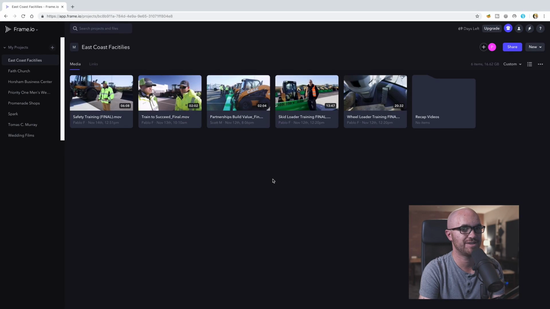So this right here is the main hub of what Frame.io looks like in the back end, and this is where you can share things, where you can look at comments, where you can review things, where you can upload things, all of that. You can do a lot of what I'm about to show you directly into Final Cut, but for the sake of this video, it's all about kind of just what Frame.io does in general, so we won't dive right into Final Cut. So let's jump right into it.